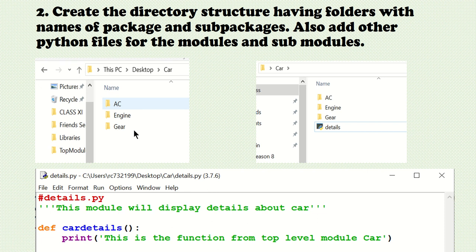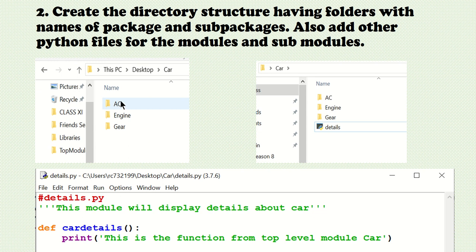Here in car I have written a Python program called details. This is the program that I have written just for understanding. Please recall how we have written a module. If it is a module, what are the components that can be present? A docstring, functions or classes, objects, statements. Here this is a docstring, this is the name of the file. Normally it is given at the top of the file just for understanding. And then this is the only one function I have written under details.py. So the Python file is created.